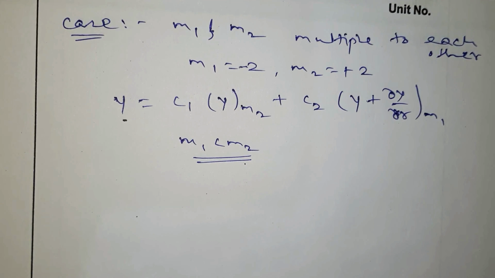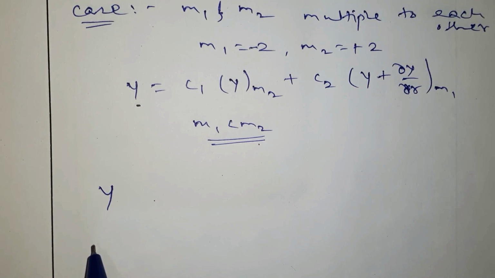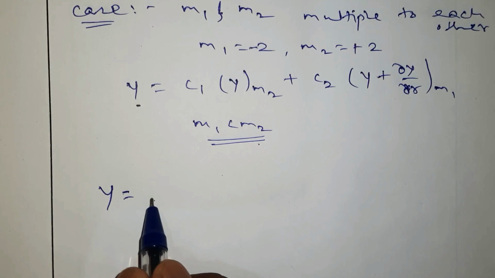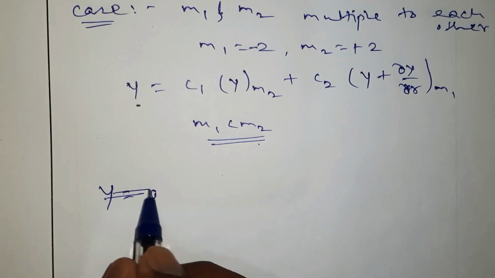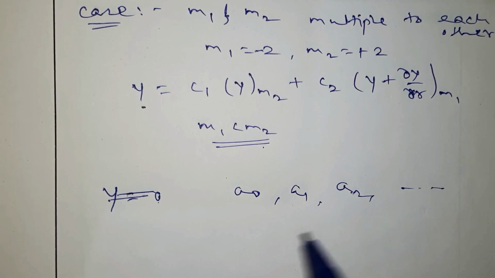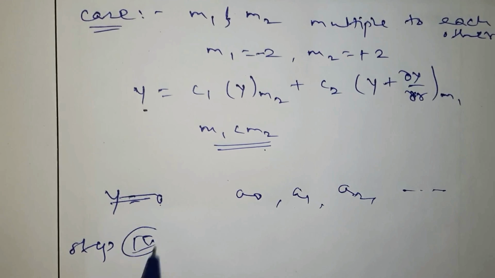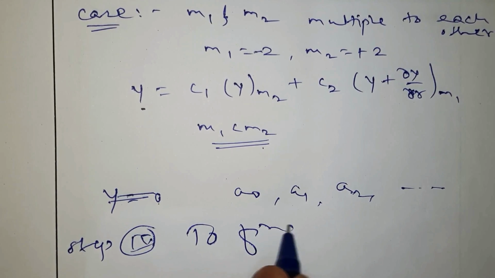Now the question still remains, what is my y? How do I find this y? To find this y, we need constants. Which are the constants we need? a0, a1, a2 and so on. How are we going to find those? That is our last step, you may say fourth. To find constants,